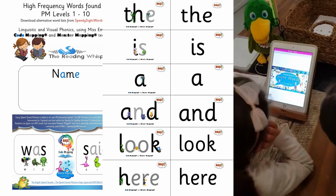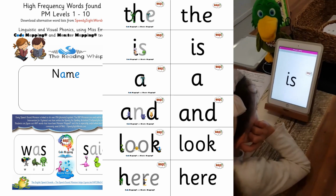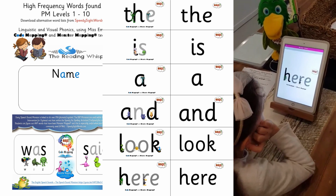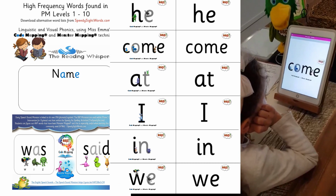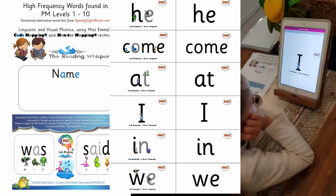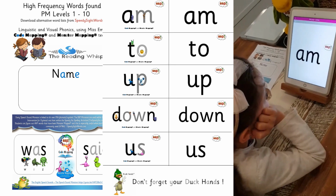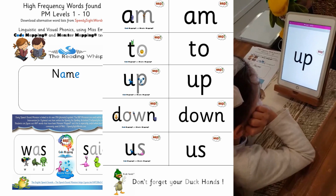Ready? Here we go. The See if you can beat it. Say really fast. is and look here he come at I in we am two up